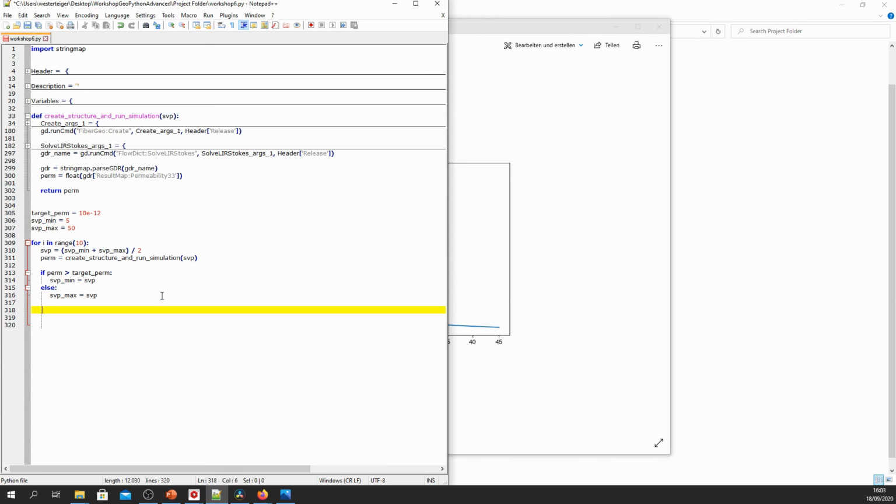So now, outside of the for loop, so at the very beginning of the line, we write gd message box. Again, F for format, quote, final SVP, and permeability.